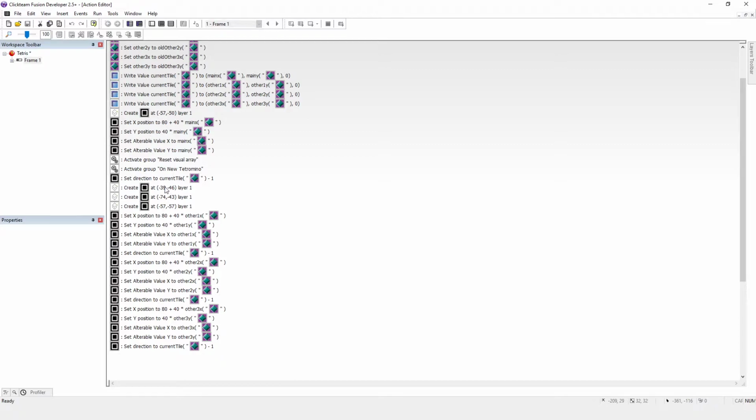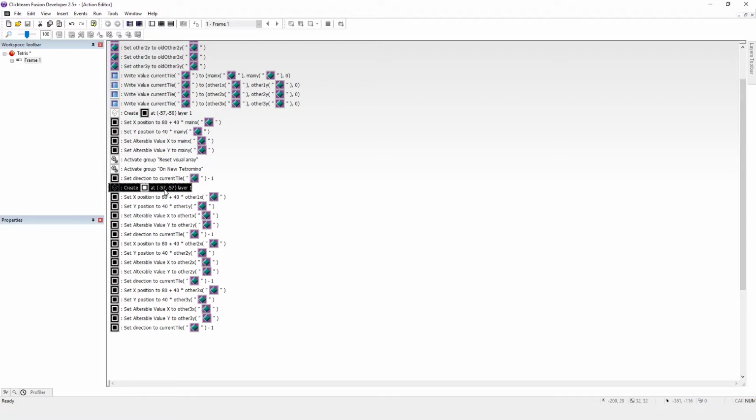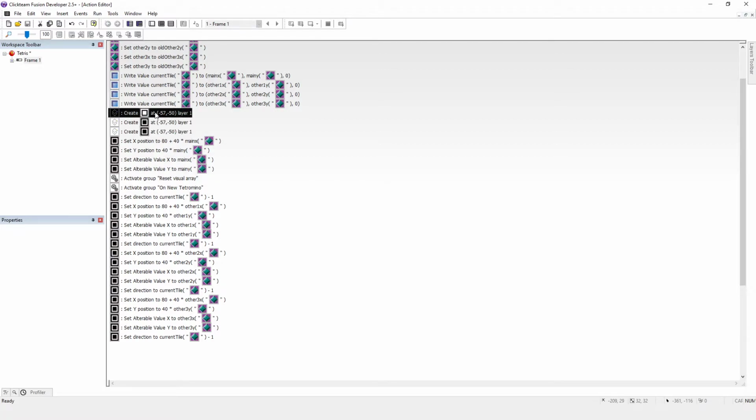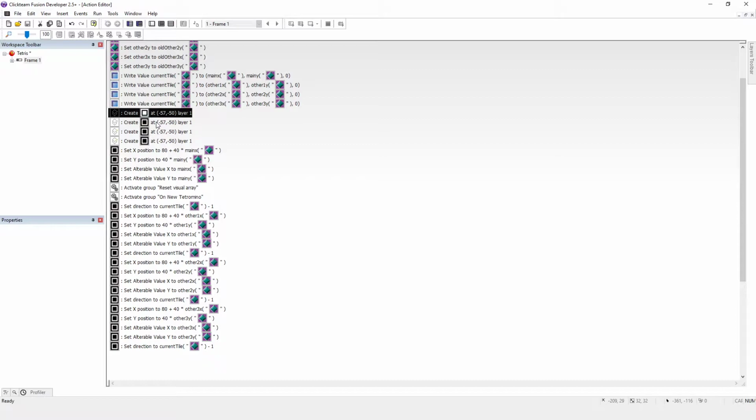because I don't want to create the other 1, other 2, other 3. I don't want to do that, so I'm just going to delete those. Then I want to do this, the main board, 3 more times. So I'm going to press Control C, Control V, Control V, Control V, and I'm just going to have them